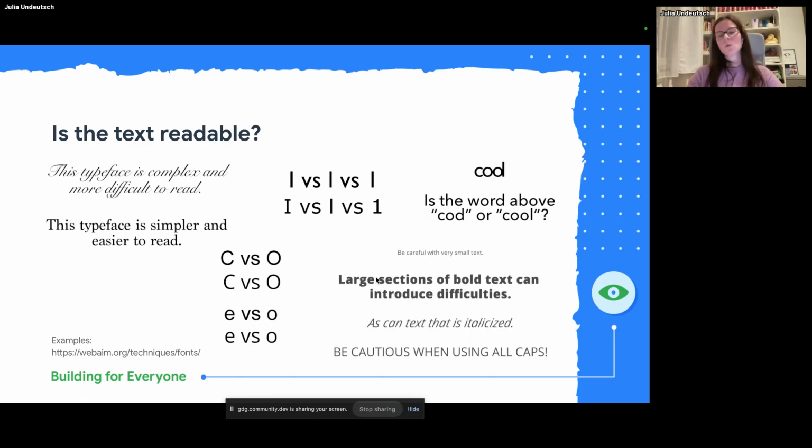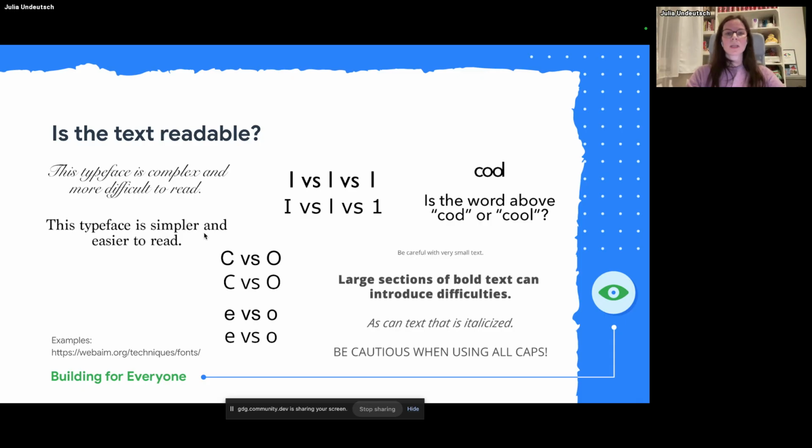Large sections of only bold text can also be difficult to read, or when everything is italicized, so the longer it gets, the more difficult it is to read. The same if it's too small text, or when everything is in caps.